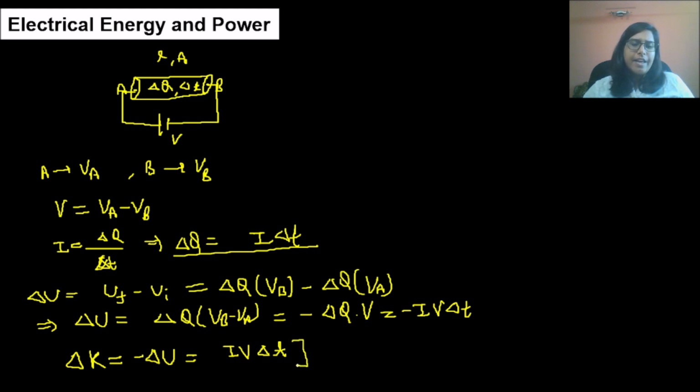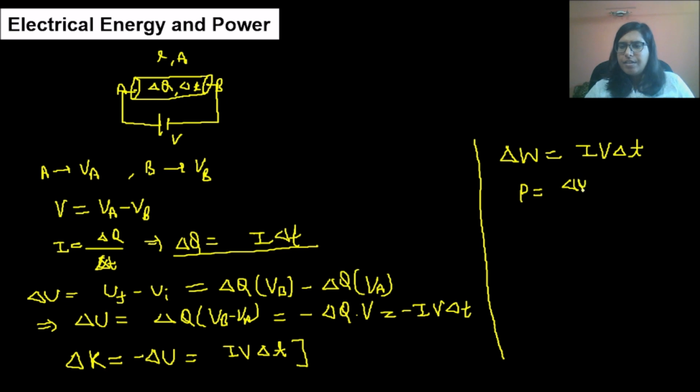But this is the case when charge or electrons don't collide with atoms and ions. But actually the electrons will collide with atoms and ions, so this kinetic energy will dissipate in heat form, right? This energy will dissipate in heat form. That means the work done will be I into V into delta T, and we know power is